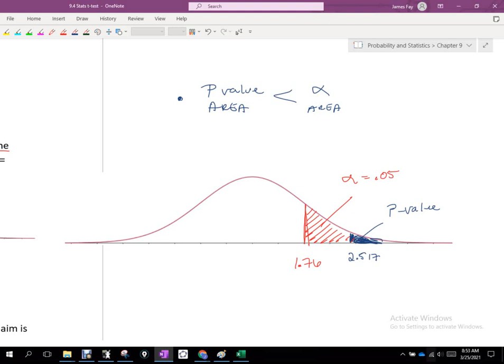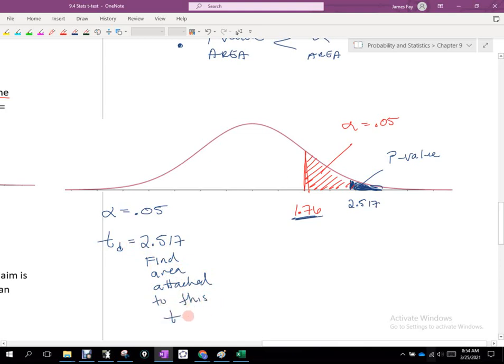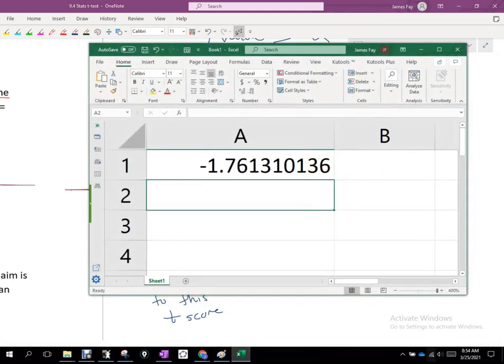Now, why they use p-values is because it eliminates us having to find this 1.76. Okay, so we know alpha is 5%, 0.05. We know that the t statistic from our data was 2.517. Okay, what we want to do is find the area attached to this t-score. And the way we're going to do that, because now we're typing in a t-score and it's going to spit back the area, that command is the